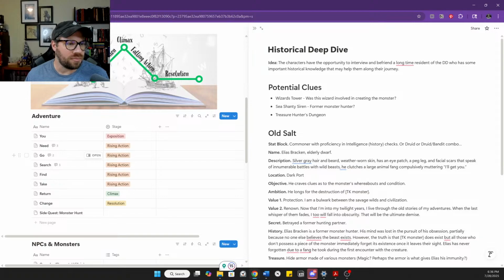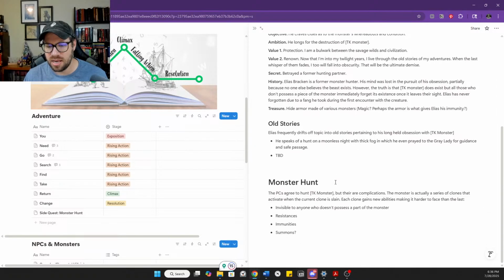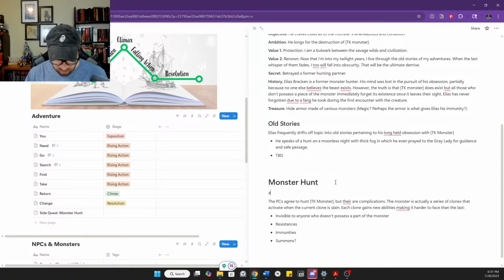So let's look at, okay. Again, we are getting ahead of ourselves here a little bit in that we're just throwing out ideas for stat blocks, and we need to calibrate this to our side adventure. So we know that we're writing this whole thing for 4 PCs. The Monster Hunt, we could write it for second level PCs since this is an early encounter.